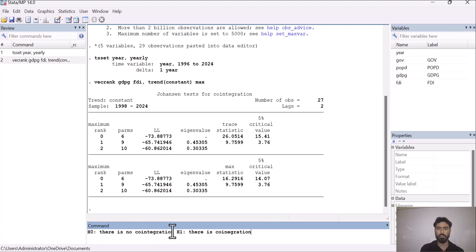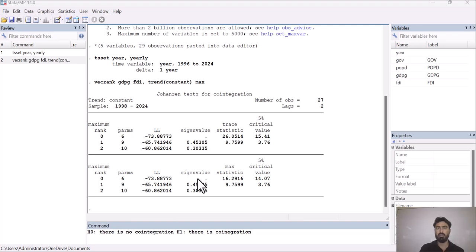H0 is there is no cointegration, and H1, the alternative, is there is cointegration. So as you can see, our trace statistic value is greater than this critical value at 5%. It means that we have to reject this null hypothesis, meaning that we have to accept H1. So we conclude that there is cointegration among these variables.